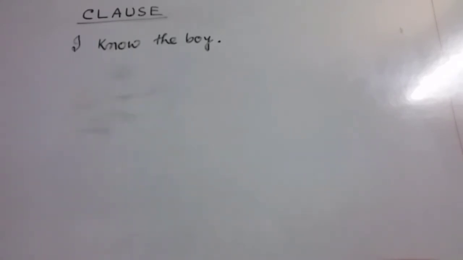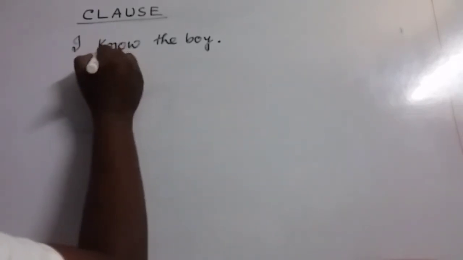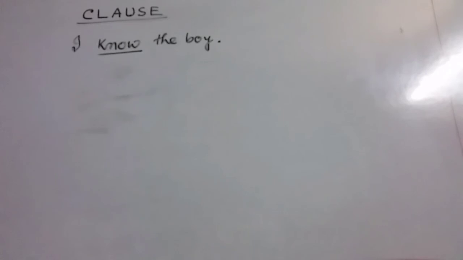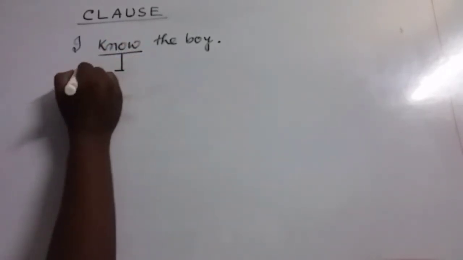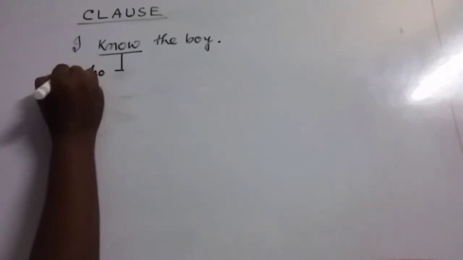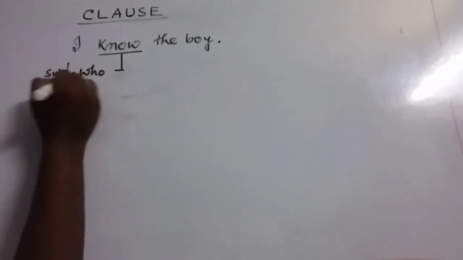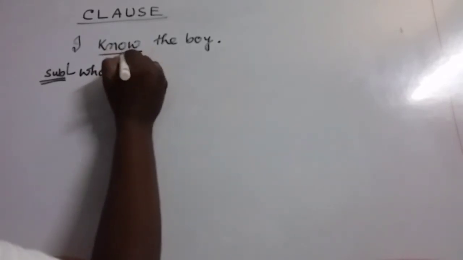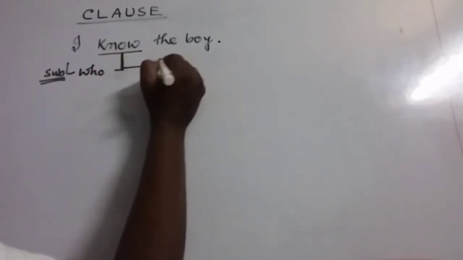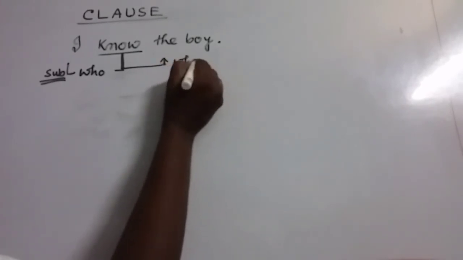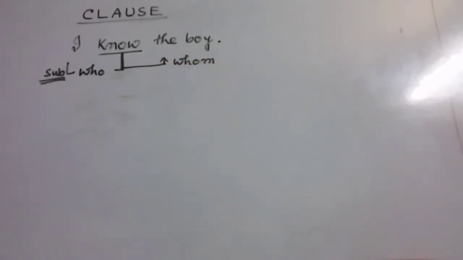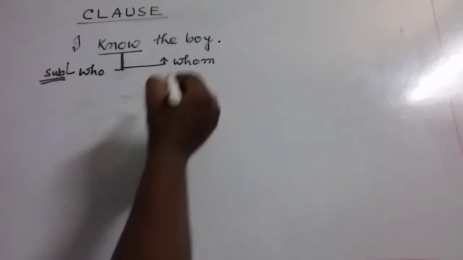My dear friends, we have to find out whether the group of words is used as a noun, an adjective, or an adverb. It is the most important thing. We have to find it out. My dear friends, it is easy to find out the verb in a sentence. It's very easy. Now, if we ask the verb by who, the answer will be the subject. We all know it. And if we ask the verb by whom, the answer will be the object of the sentence.